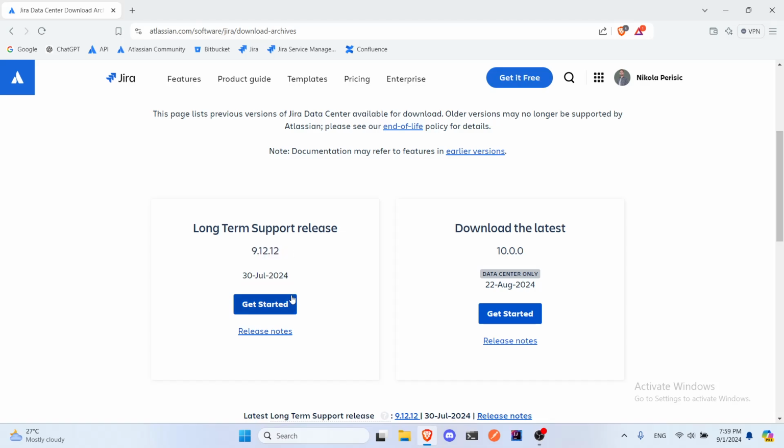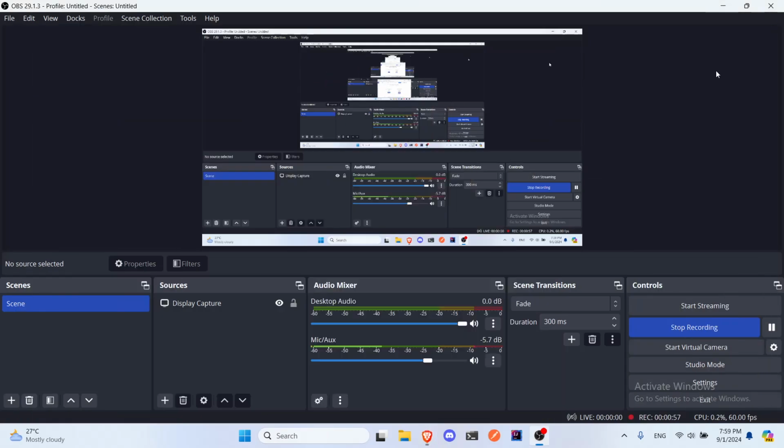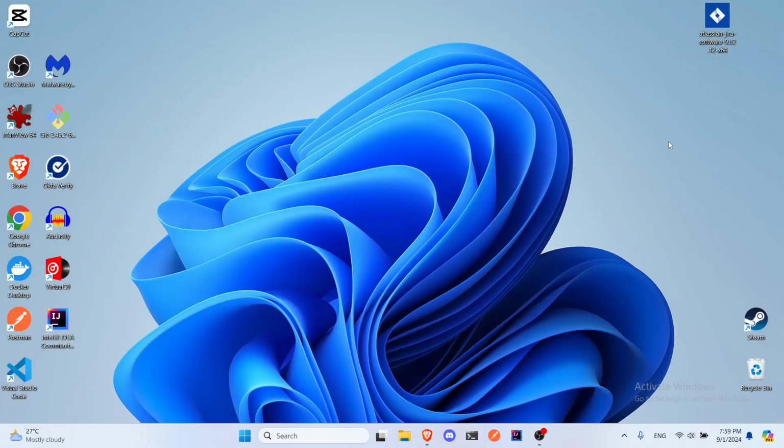My recommendation is to go for the long-term support release, because the latest versions might still have some bugs in there, so some of the functionalities might not work 100% yet. But if you would like to actually see what is new in version 10, you can go right ahead and do it. Once you install your launcher, it's gonna look like this,